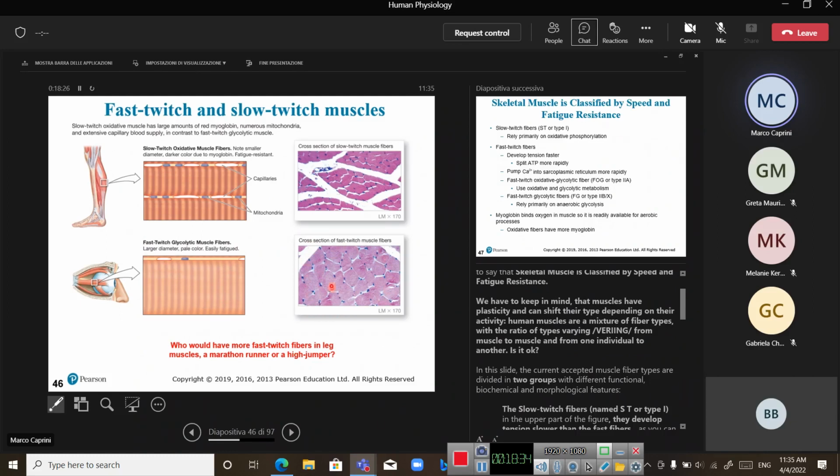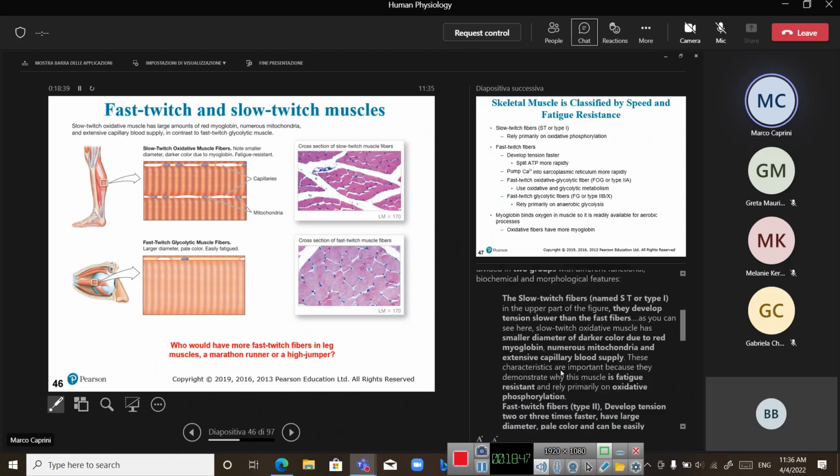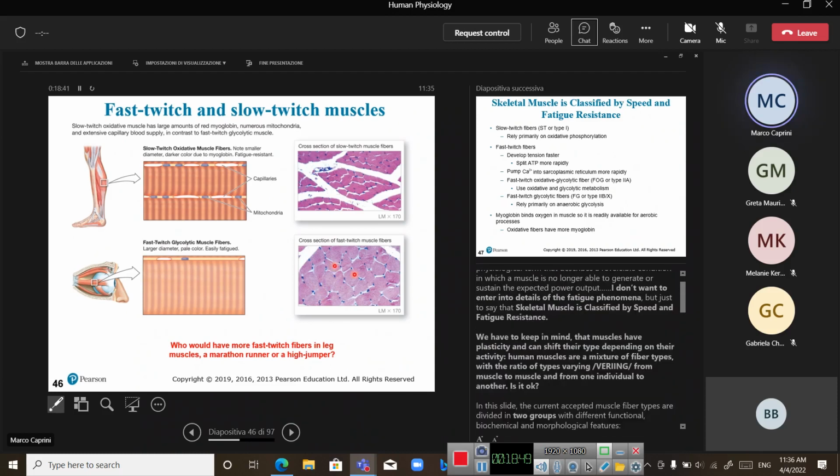You can see that the diameter is larger, the color is less red compared to the slow twitch, and this muscle is quickly fatigued. So from this picture,